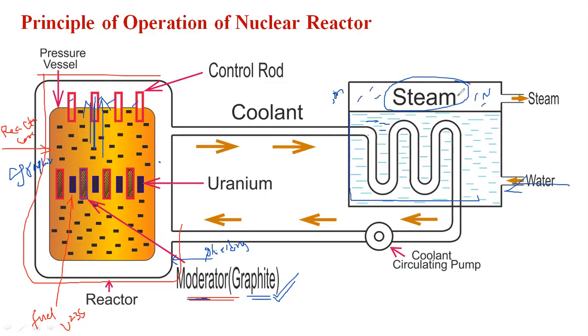In the steam chamber, the steam is without moisture, that is, dry. Directly the steam drives the steam turbine, which converts the steam energy into mechanical energy. Then the water is again taken by the coolant circulating pump, the temperature is minimized, and it is fed back into the reactor core. The same process goes on completely. This is a closed loop operation.